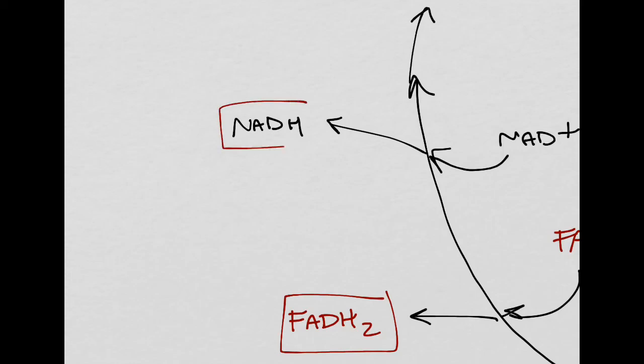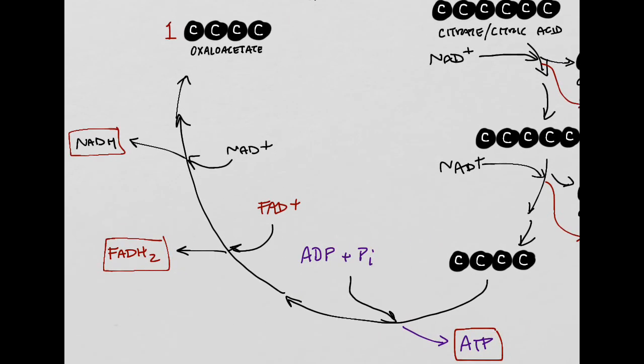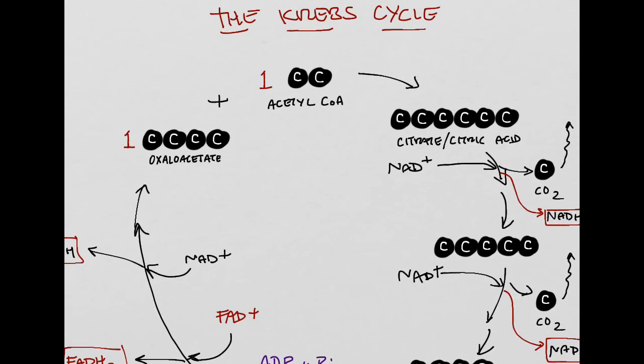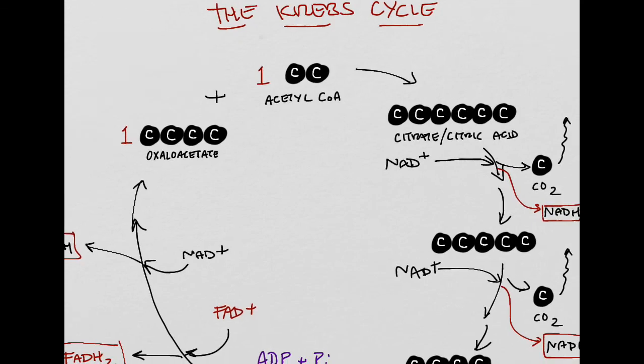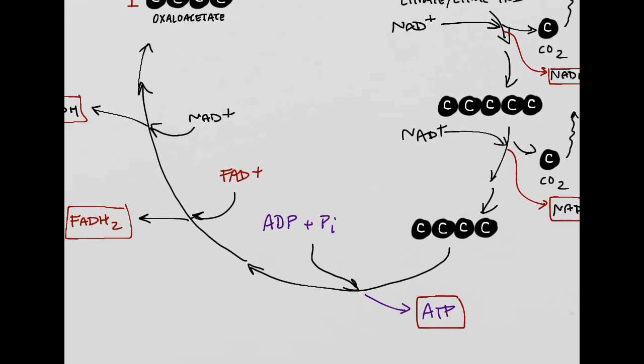Box that up in red. And then the molecule can return to becoming an oxaloacetate, which will then continue the cycle by combining with an acetyl-CoA. So out of this whole thing, you can see that from one pyruvate, you produce 3 NADHs, 1 FADH2,